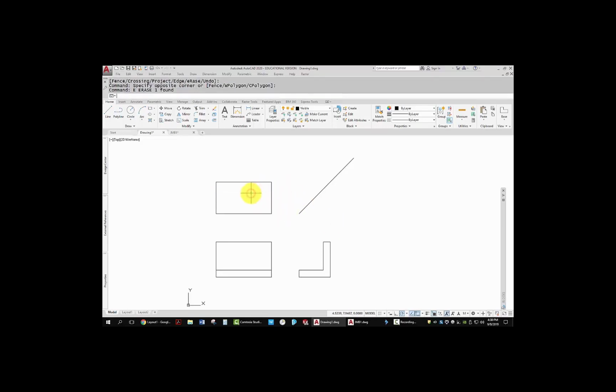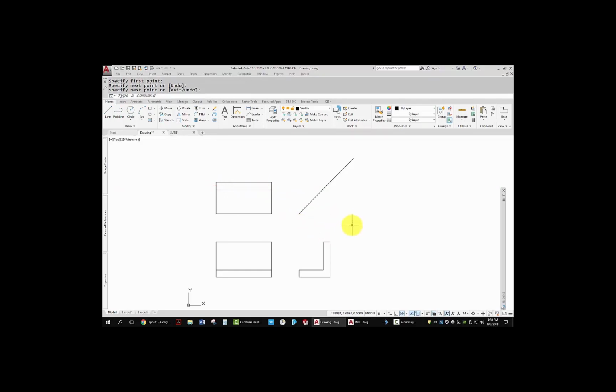The other thing I could do is the same thing, where I'm going to acquire this point, but now I'm going to shift right click and go to temporary tracking. I'm going to track up temporarily until I hit that intersection, left click, but that doesn't start drawing a line. I'm just tracking across till I get this intersection. When I get that, I can come across to here, and now I have a line that's placed in the